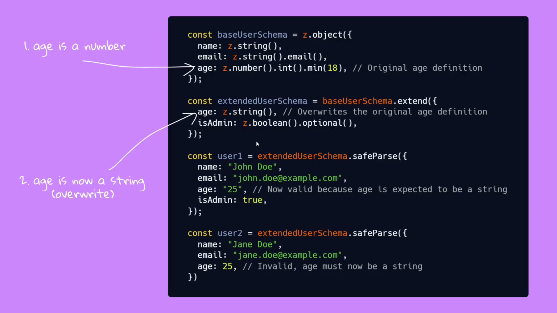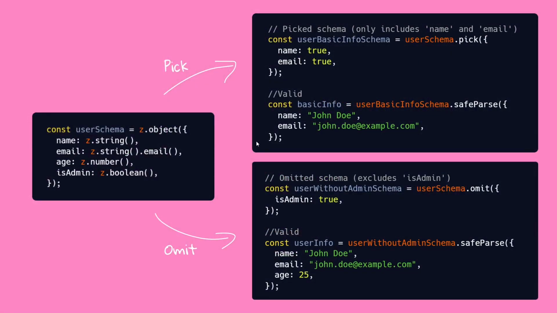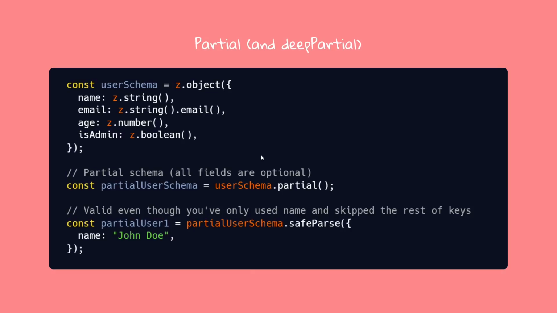Again, inspired by TypeScript, you have an option to either specifically pick or omit a certain set of keys from an existing schema and create a new one out of it. This is something that I use quite often. So yeah, it's a very handy utility. If you worked with partials in TypeScript, you also have a similar method in Zod that lets you make all the properties